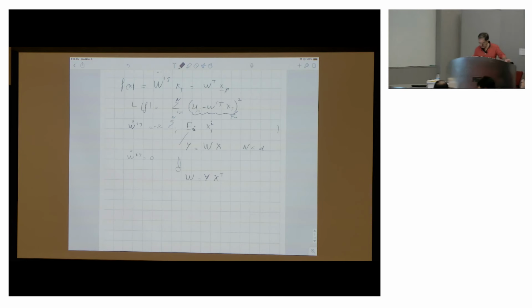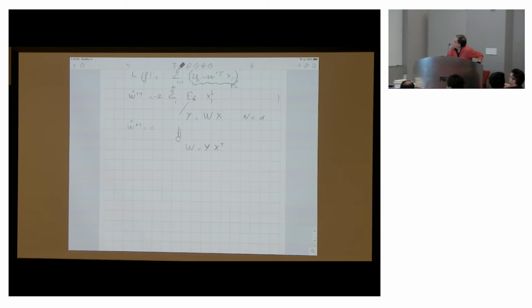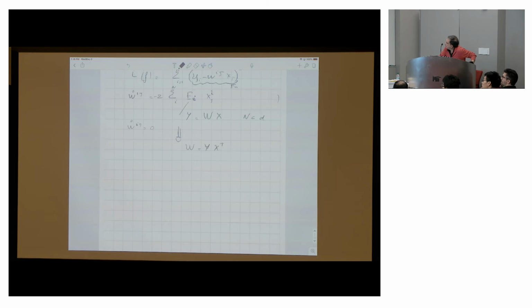And the pseudo-inverse is the choice, among the infinite number of solutions that exactly satisfy the minimum, of the one that has the minimum norm. And you can see this in what happens in terms of the gradient, because what happens in the gradient